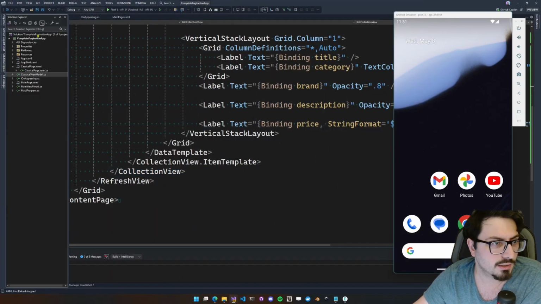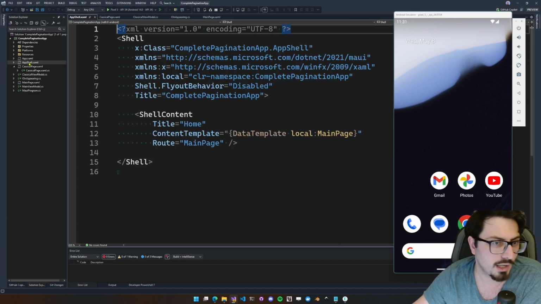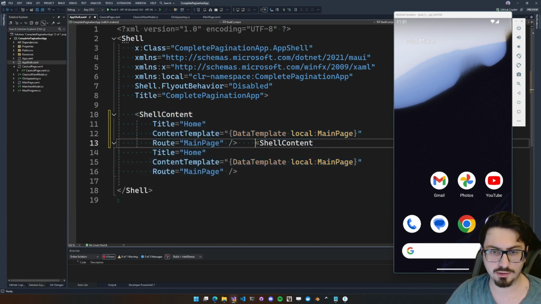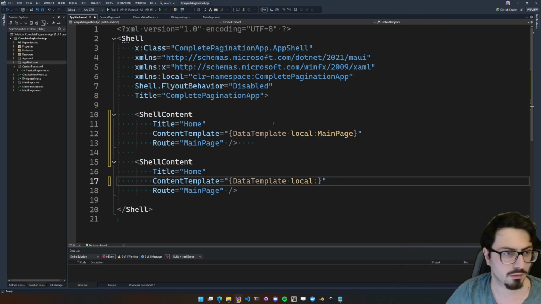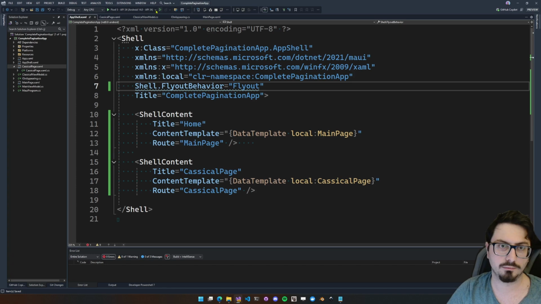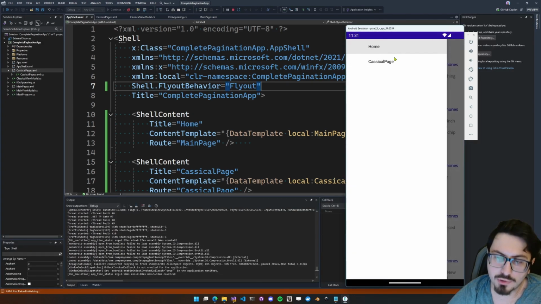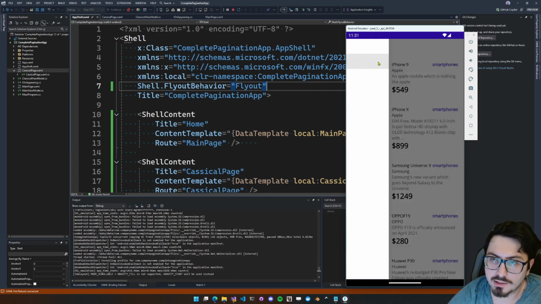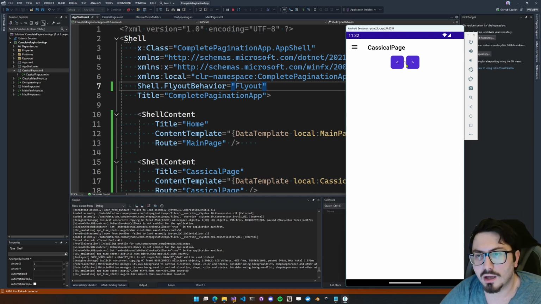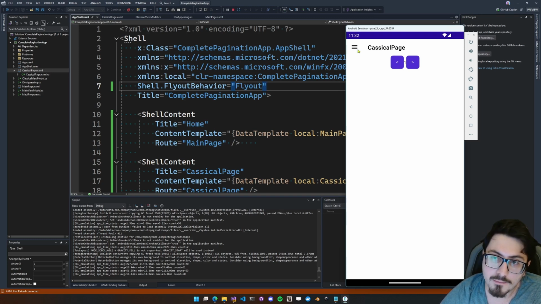I will navigate to my app XAML. Where is my app shell? Yeah, I will navigate to app shell and add a new shell content. Flyout behavior will be flyout. Now there's a hamburger menu, and I can navigate to classical page. It is so small, but you can see I have buttons and I have a paginator, page number here, but